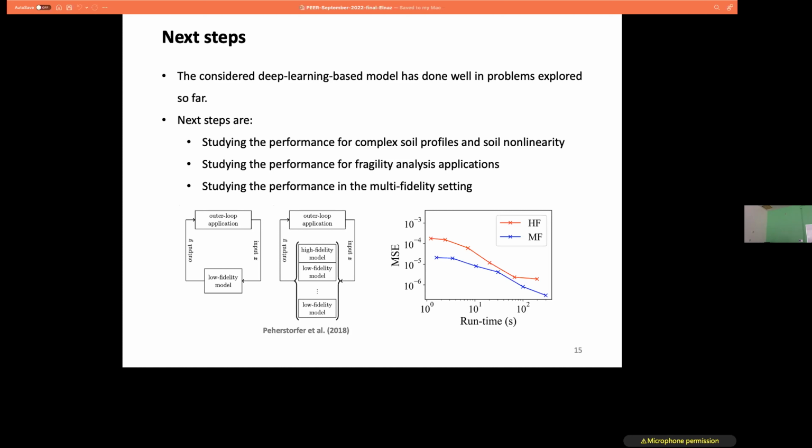But in the multi-fidelity setting, I can use the same runtime of 10 seconds to run maybe 100 low-fidelity models and 2 high-fidelity models. And with that, I would probably have a better estimation because now I brought the high-fidelity model into the loop of my UQ task. This is the result we have for a multi-degree-of-freedom system, and we want to expand it to our SSI problem and see how the result will look and what gain we will have. And with this, I'm done with this presentation, and thank you for your attention.